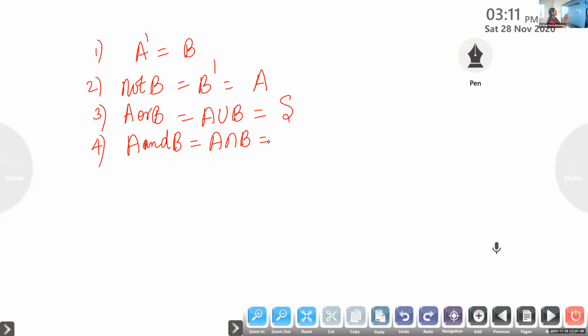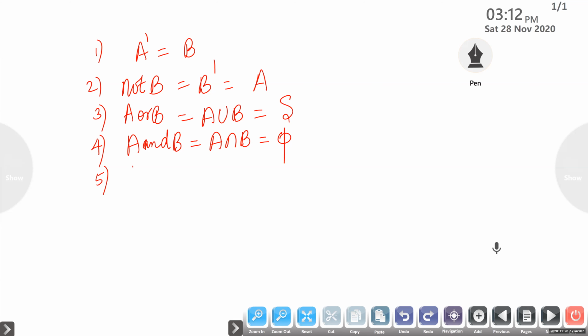What is A intersection B? Will you be getting A intersection B? No, isn't it? Empty set. A intersection B is the empty set. Then fifth one,